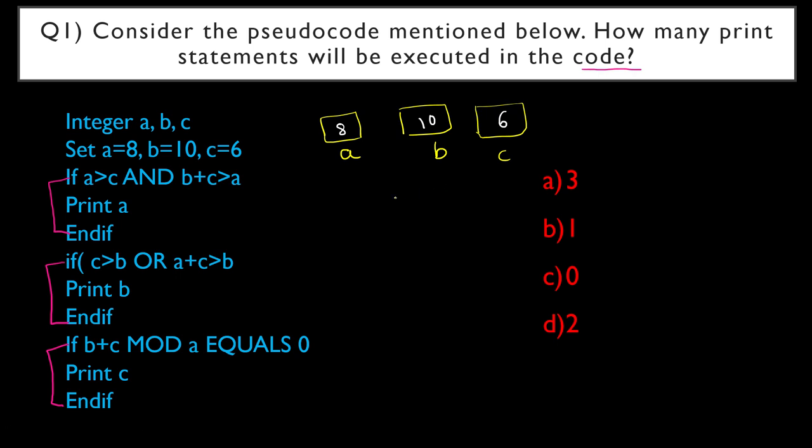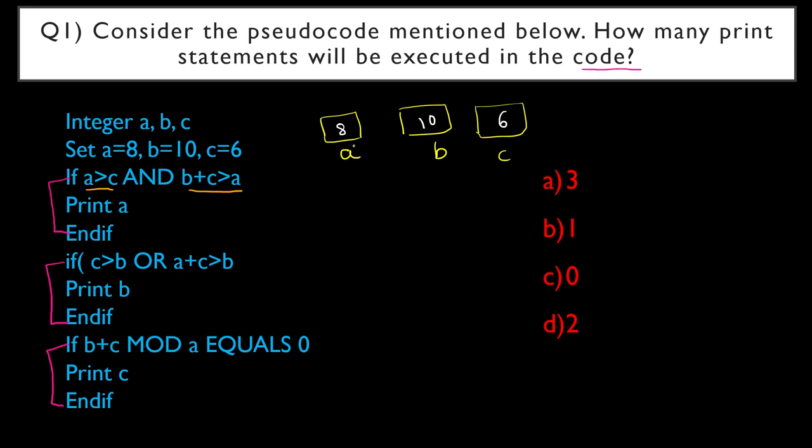Next, we're going to say if A is greater than C. This is just an if condition, so you don't need to worry. This is not anything new. You have done this in code, but this is in pseudocode, so you might get confused. There is no indentation, etc. This end if means that we have finished the scope of this if condition. First is if A is greater than C and if B plus C is greater than A, this condition will become true.